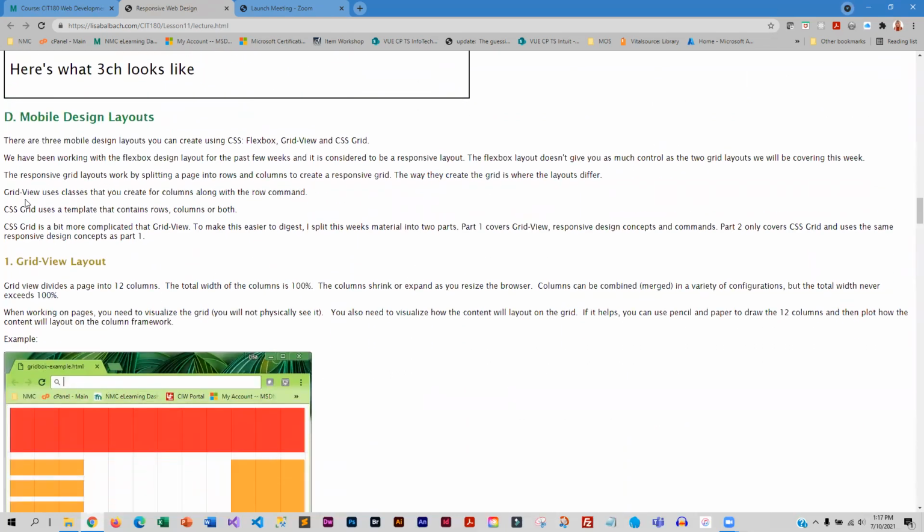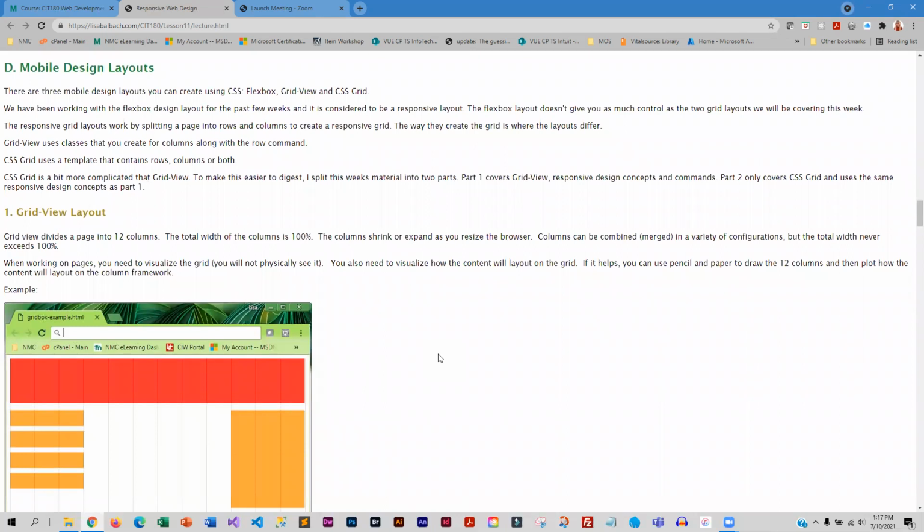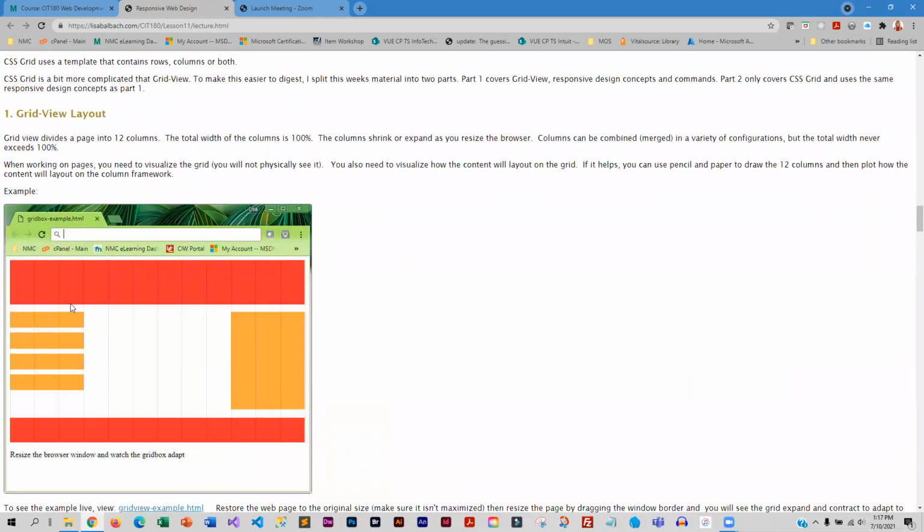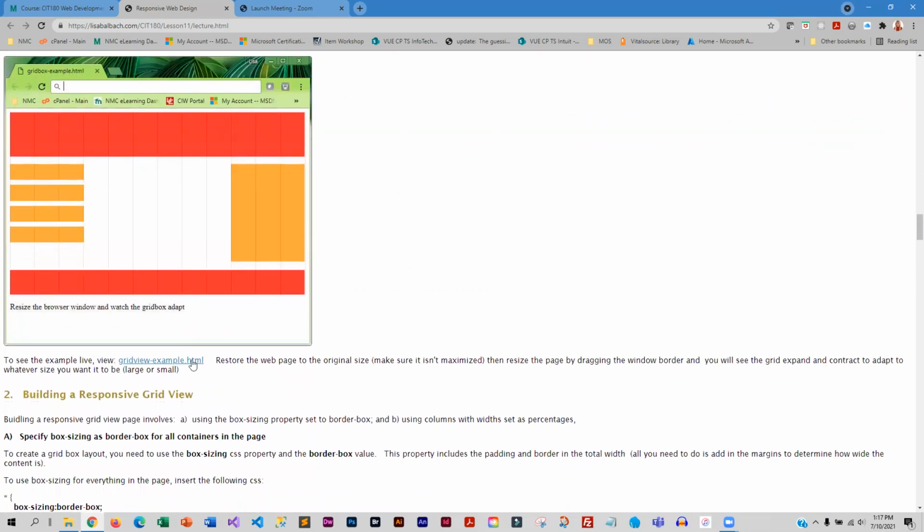And as far as the layout goes, the grid view layout has been around for quite a while, and it basically divides your page into columns. Okay, and so you have like 12 columns within a single row, and the total width is 100%. So if you look at it that way, if you wanted 3 different sections and they were all going to be the same width, each section would be 4 columns. Okay, so I've got an example here, and